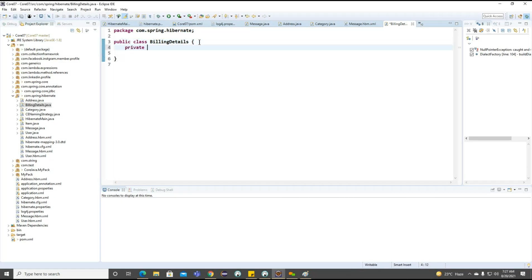Inside this BillingDetails class, what I want to write here is: private long ID, private String owner, private String some number, and a date, the created date.